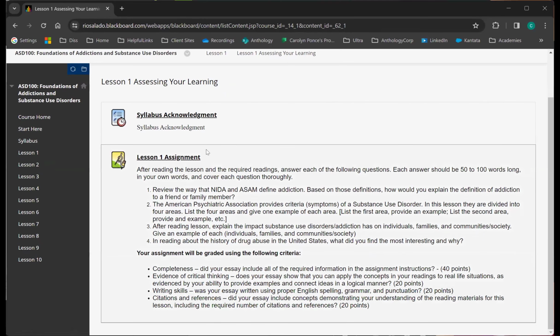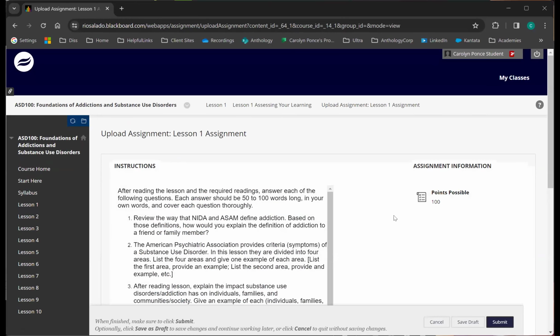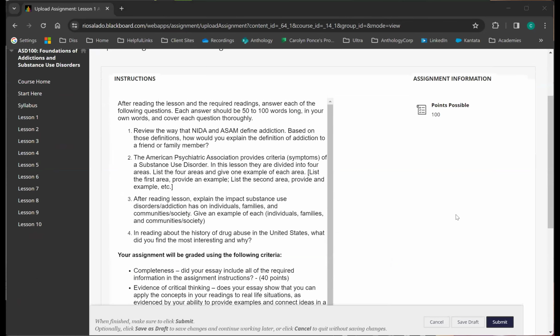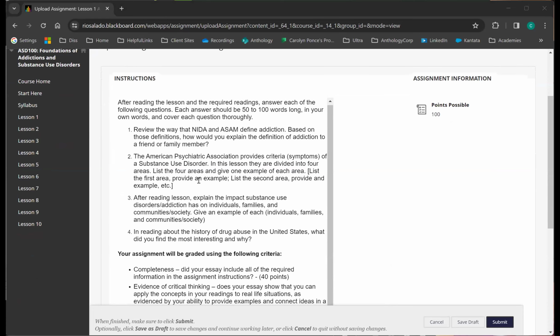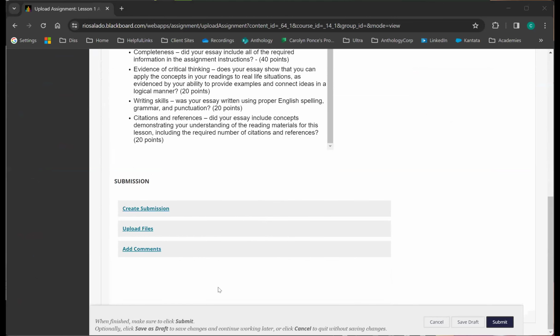So I'm going to do our test based on this lesson 1 assignment. I'm still in my student mode or my student account, and I'm going to click on it. I do have a left-hand side where I've got the assignment information. It's provided with how many points are possible. And I believe if there's a rubric attached where they can see the rubric and the scores, they'll be able to click on that and review that as well. Otherwise, they've got the instructions they can review. And then down below is the submission area itself.